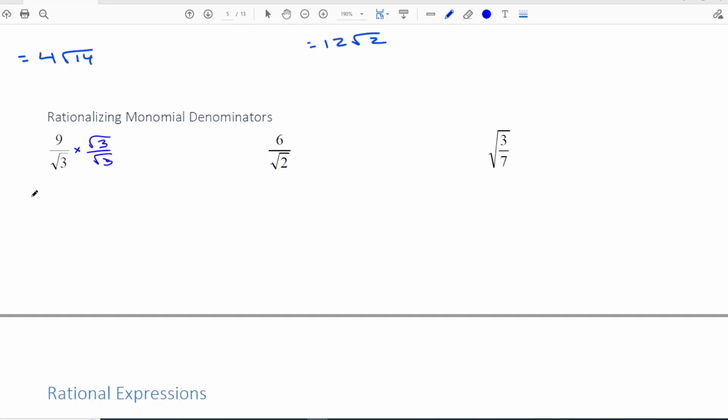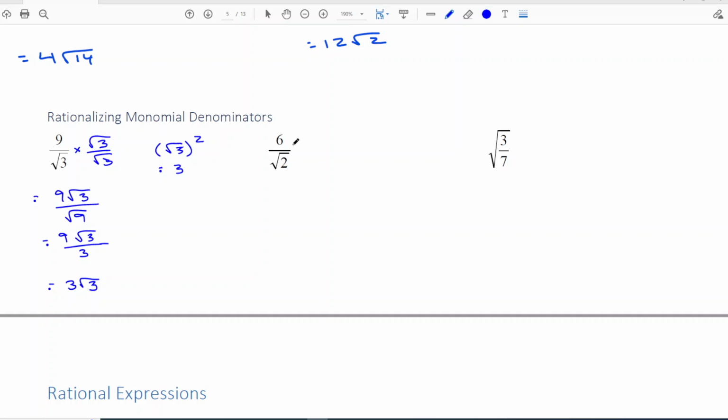we're multiplying by 1. Then you're going to multiply across, so 9 times root 3 is 9 root 3. And then root 3 times root 3 is root 9, which would simplify to 3. So really what I would do from here on out is anytime I have root 3 times root 3, it's like saying root 3 squared, which is just 3, right? Or root 3 times root 3 is root 9, square root of 9 is 3, and then always look to see if you can simplify. So for this one, we've got 9 divided by 3 is 3, and then we're left with 3 times root